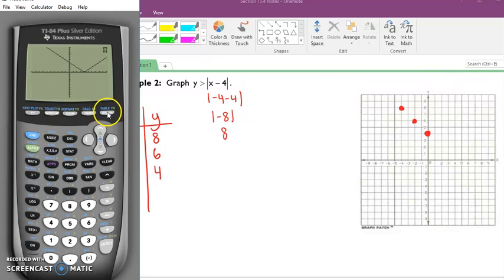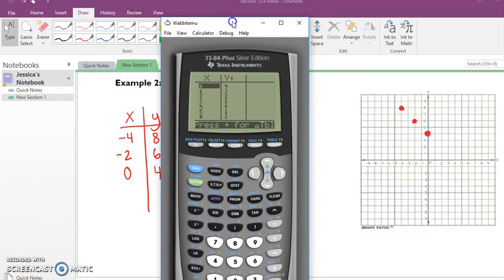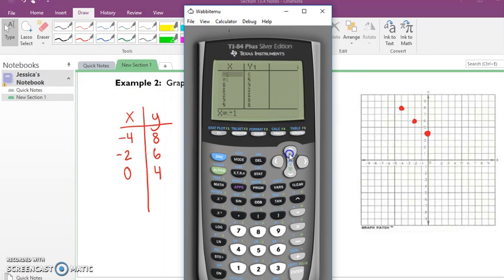So I could go to the second table, and I can get the exact same information that I just got. One of the things that I noticed is that I had an ordered pair of -4, comma 8, or -2, comma 6, or 0, comma 4. I could keep going for a while, and I could pull a bunch of ordered pairs from my graphing calculator to accurately graph this. And again, because I know that this is a V-shaped graph, I should know the general